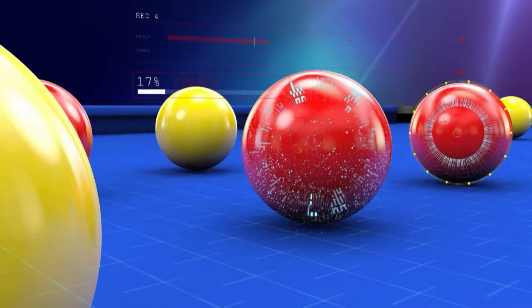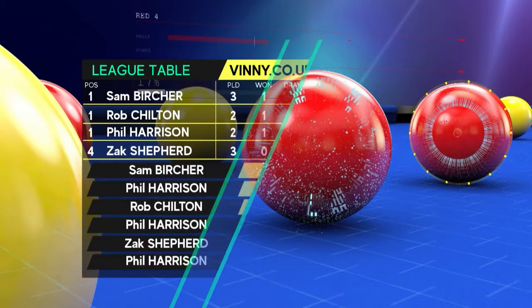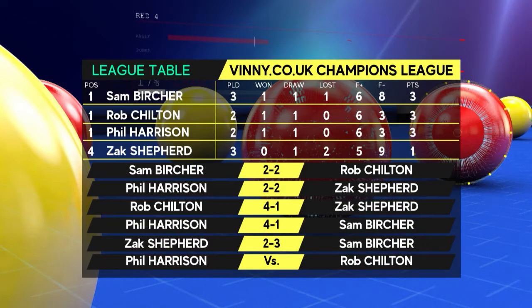Welcome back. Final chunk of this Champions League pool here on Free Sports. Stephen Jameson and Simon Webb still with you, and this is the state of play. It is all to play for: Phil Harrison and Rob Chilton. They've each had a draw, they've each had a win. A win for either will see them qualify through to the quarterfinals out of a very tricky Group 3 in